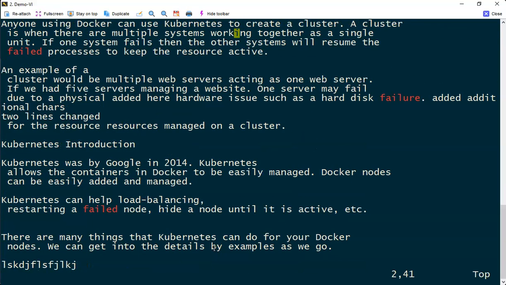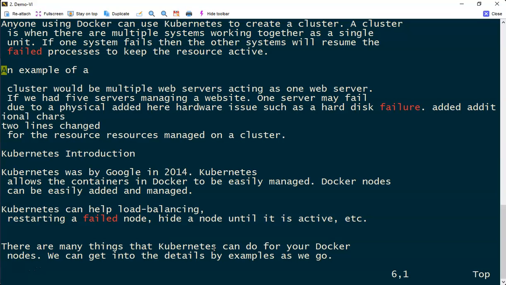Okay, let's do another example here. So this is a line that I am going to touch. As an example of a demo, okay, now I know there was a double A, come back here, delete this, Shift A, go to the end of the line with append mode. I am showing a few things. Okay, now I did press escape. Now there was a change, a spelling mistake. Okay, now I did this.